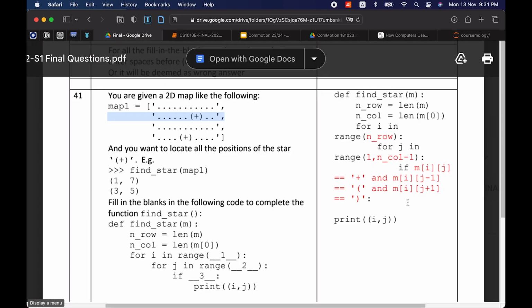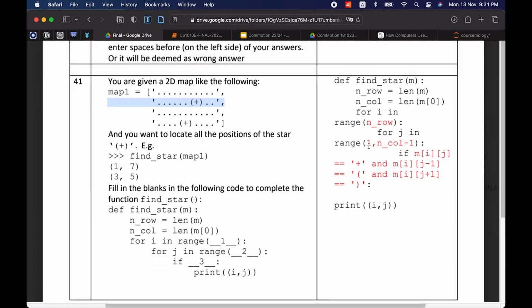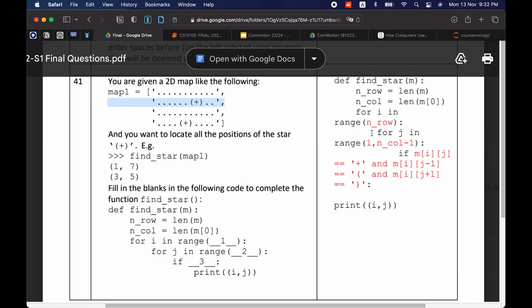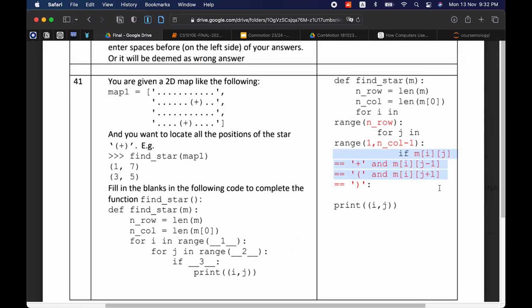So I don't need to start from index 0. I need to start from the first one so that I can look back and front, and I don't want to end here, because then I can't look in front. So I need to end before the last one so that I can look ahead. There's no point ending here anyway. The last element will never be a plus, because you need a closing parenthesis after that. So that's what it's checking: if the current index is this, the one before is this, and the one after is this.